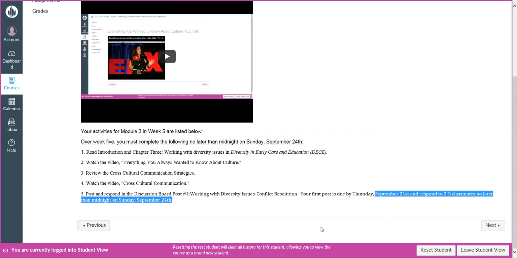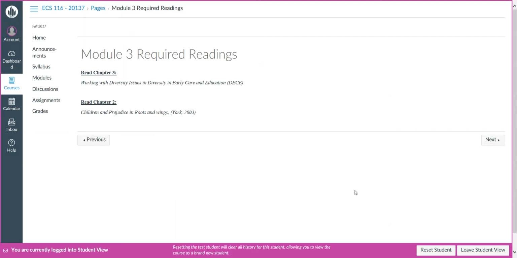So I want to also make sure that you're checking the grade book for any feedback from the last 2 discussion boards, because I'm giving you hints and other information on how to increase your points. Now, of course, if you get a 10, you're on track. There isn't anything extra that you would need to be doing, just keeping up the same pattern. So we're going to go ahead and look at the next information.